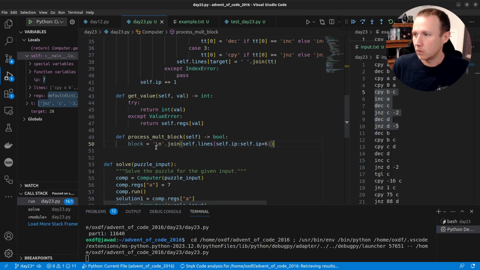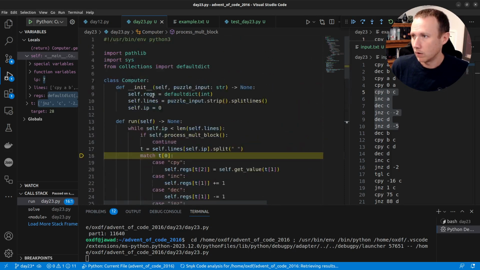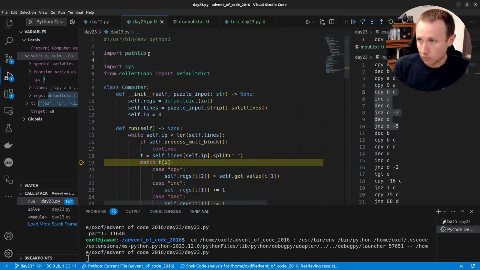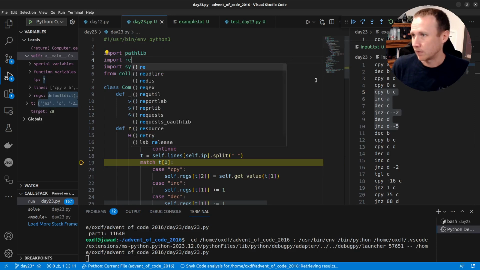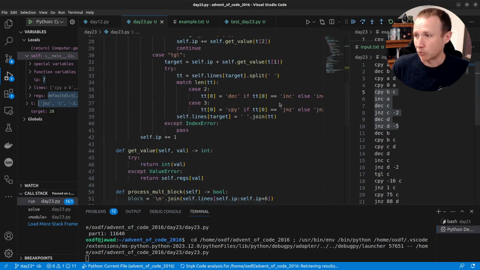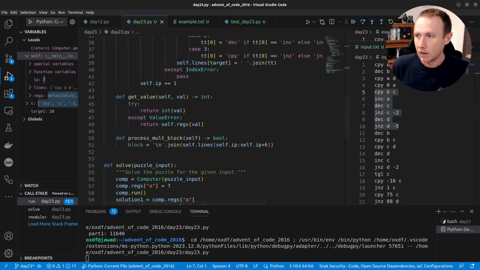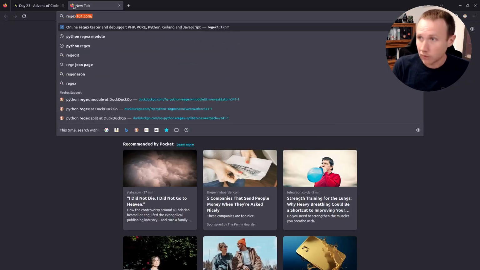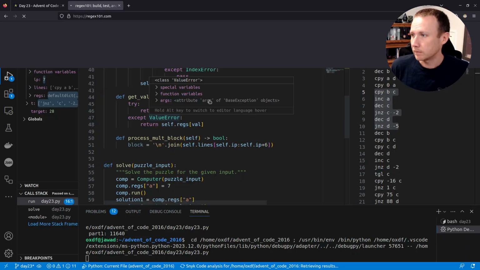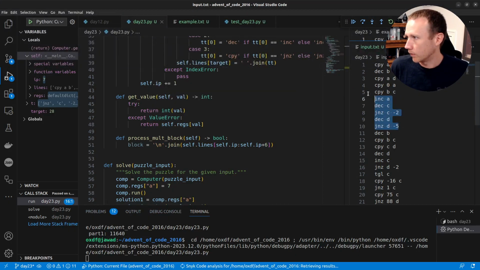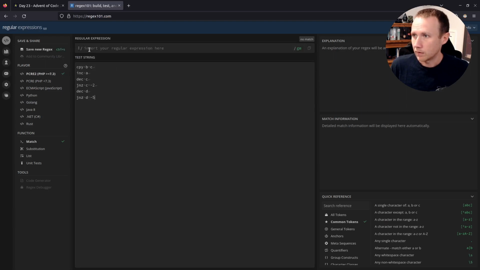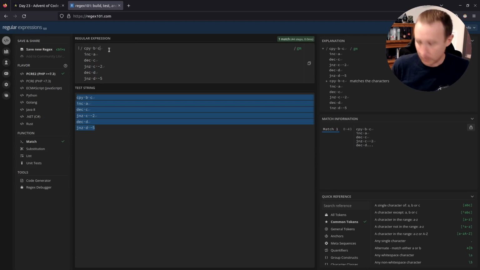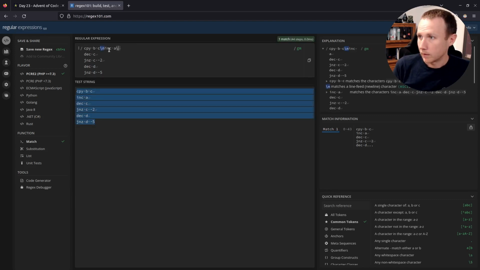And now we can do a regex. Let's import re, because we can match basically to see what this looks like. And we can capture all the stuff that we need to compare. I'm going to go to regex101.com, my favorite. We're going to grab all of this, paste that in here. So now what we need, can we paste it in here too? Yeah. Let's make this,